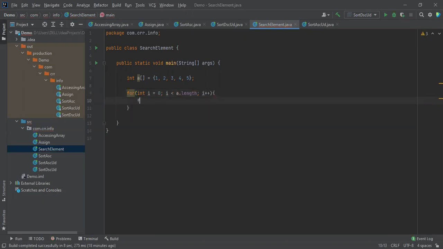And there should be a condition: a[i] equals, I'm going to take, this is hard-coded right now, I'm giving 3. Later I will give dynamic input. System.out.println, found.